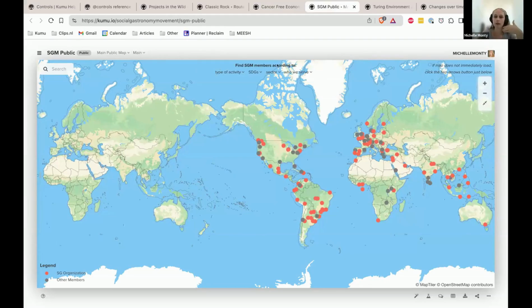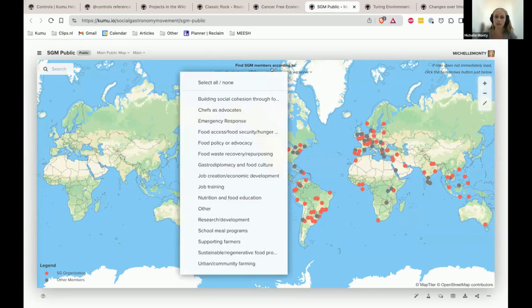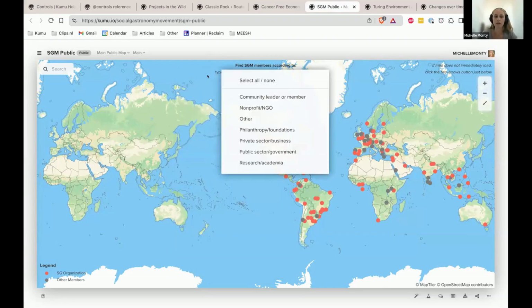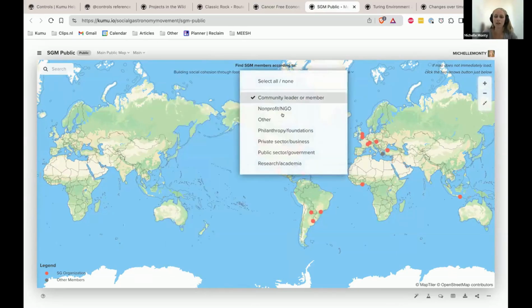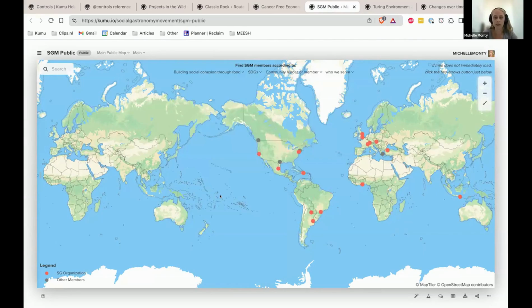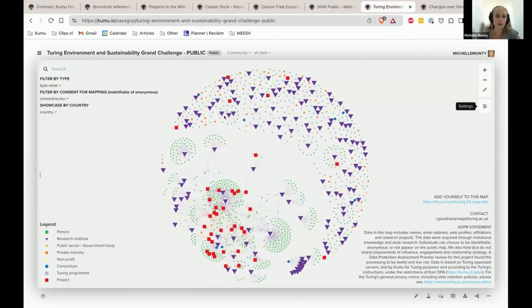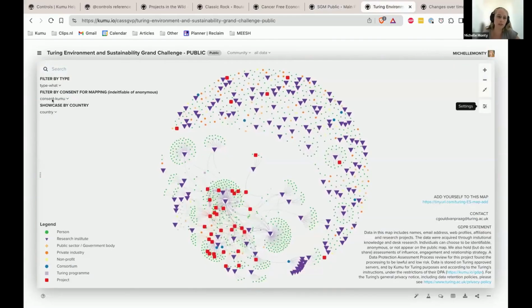And they also added the label at the top so that you can easily see what each control does. So you can say, okay, where do I want to find a member of SGM? And then I can say, okay, based on type of activity or the sector that they work in, or I can even have these controls interact so that I can really drill down to any of the locations of the members that I'm focusing on with this map, because apart from just having the basic filters and controls and showcases,